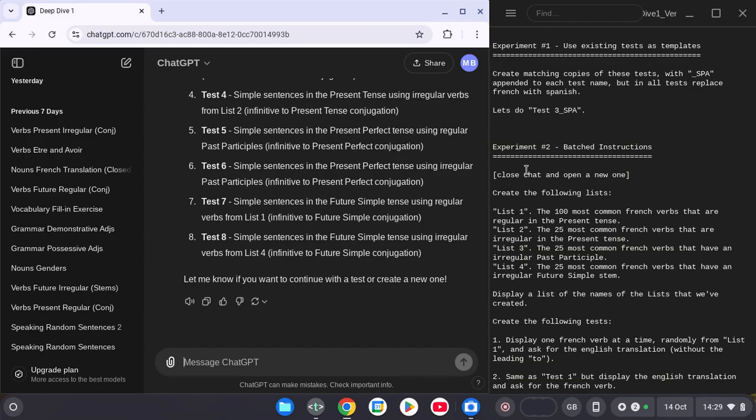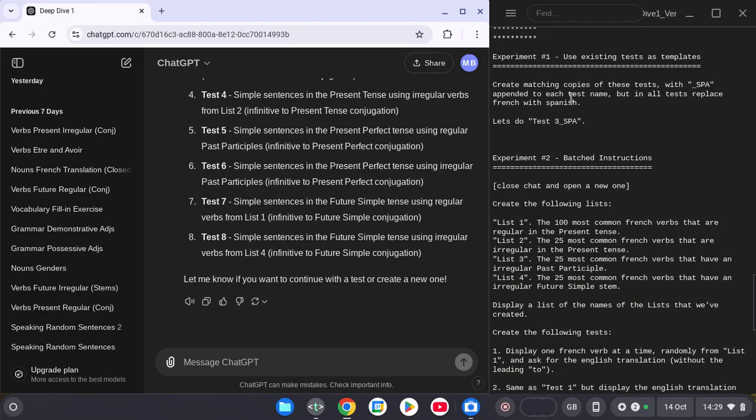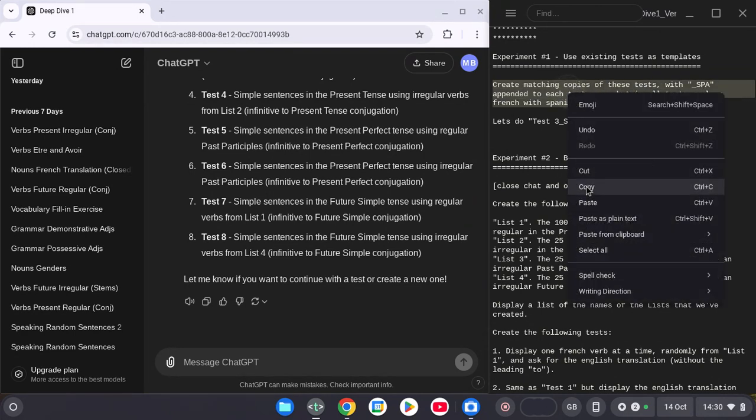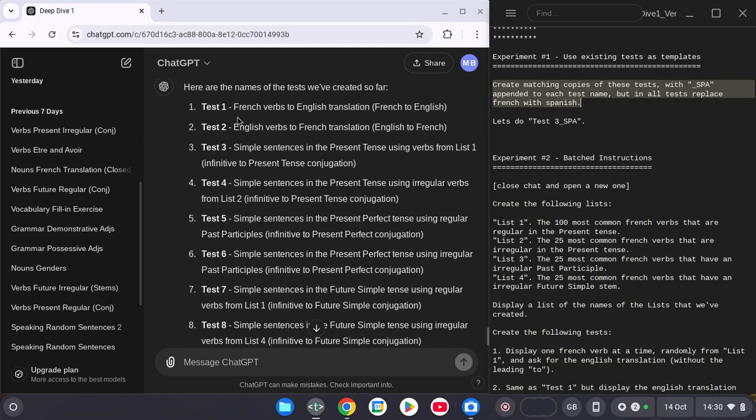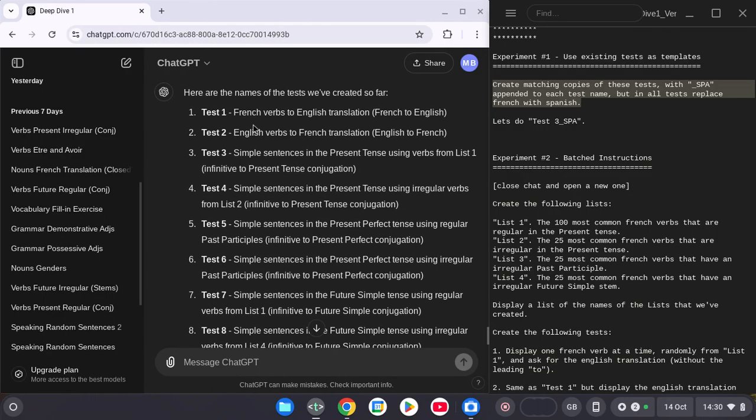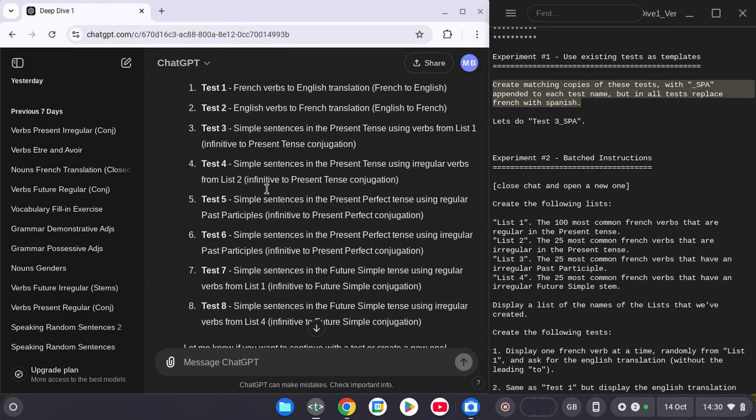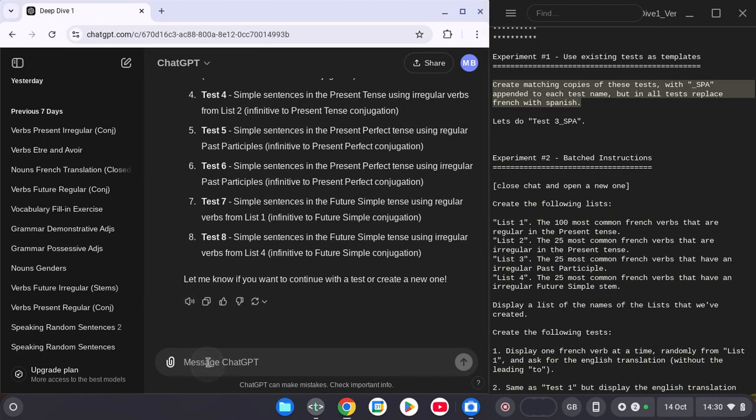So experiment 1 is using tests as templates. So for example, what I'm going to do here is say create matching copies of these tests with SPA appended to each test name, but in all tests replace French with Spanish. So what I'm saying here is take all of the tests that you created, create me an underscore SPA version of each test, and rather than testing me on French verbs, test me on Spanish ones. So it's creating a fresh set of tests that are Spanish to English rather than French to English. With that one instruction,